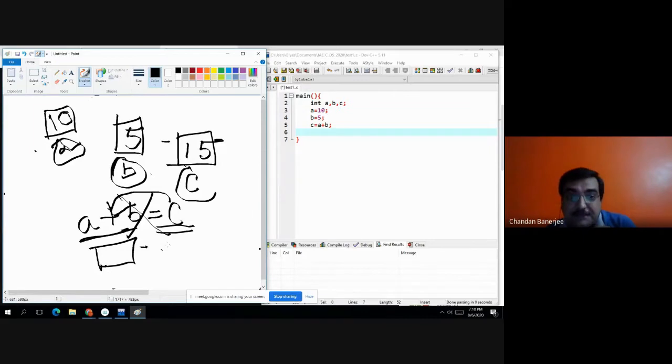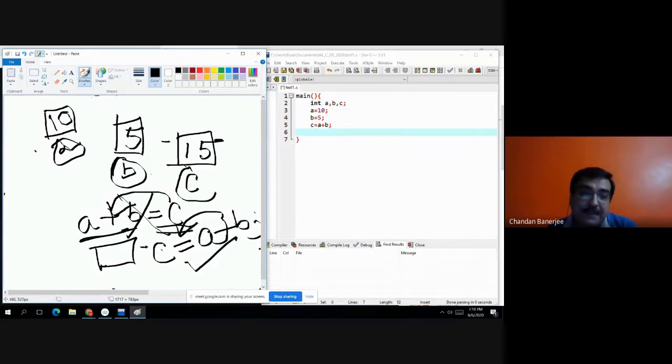In each and every assignment, on the left hand side there should be a single memory location. So a plus b will be added and assigned to c. This is the valid statement; the previous one is not. So now c equals 15.